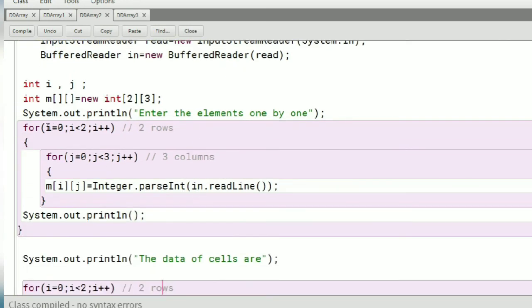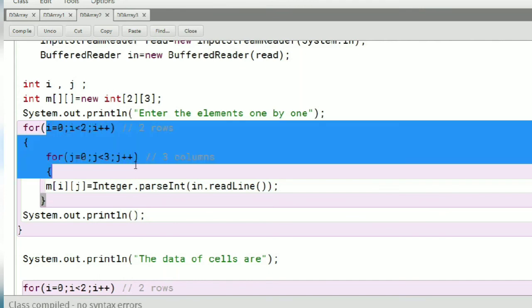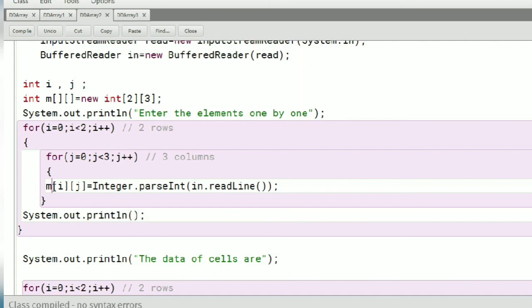So again I will use nested for loops. The outer loop is for rows, the inner loop is for columns, and we have to store whatever the user will enter in our array.